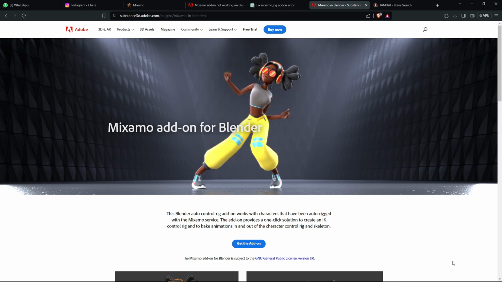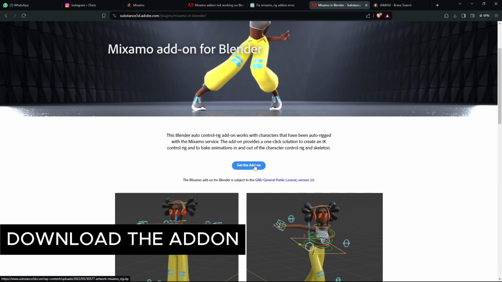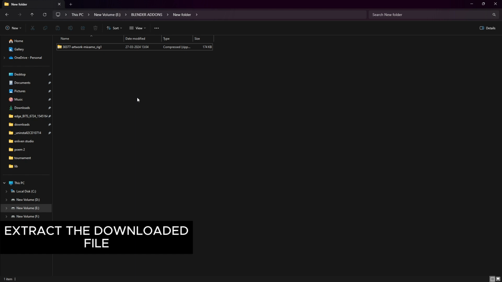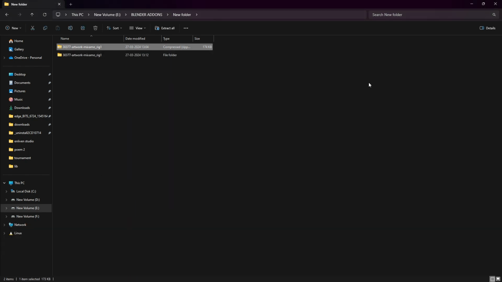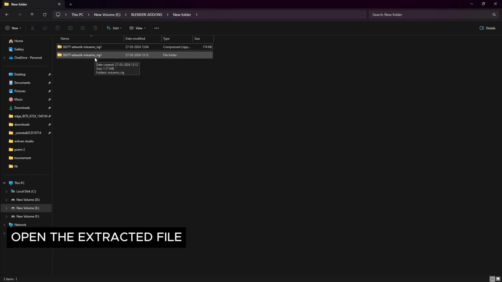So open your browser and go to the Mixamo add-on Blender website. Simply click on get add-on and it starts to download. After downloading the file, just go and extract this file. After extracting, open this file,